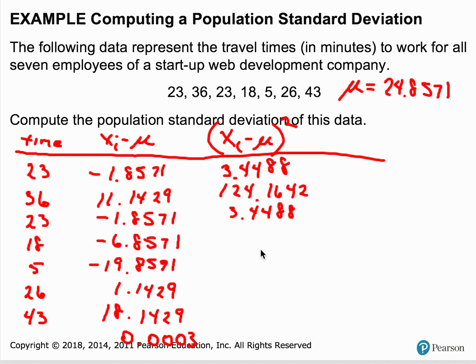Okay, 6.8571 squared. And yes, once you had that calculation here, if you'd have just squared it and gone ahead, it'd have been a lot shorter work. But in the first process, we're just talking about where these values are coming from. So 47.0198,